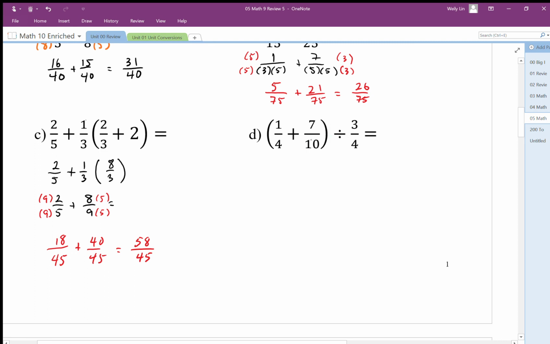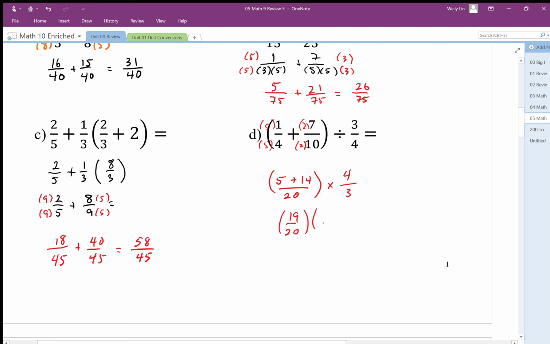Here we have brackets and divide, so we want to add the brackets together. So our common denominator is going to be 20, so we're going to use a times 5 and times 2. So I'm going to get 5 plus 14 all over 20. The divide, I can do opposite, opposite. So I'm going to put the divide on the bottom. Divide by 3 goes on the bottom. Divide by 4 means we're really timesing by 4. So adding that together,